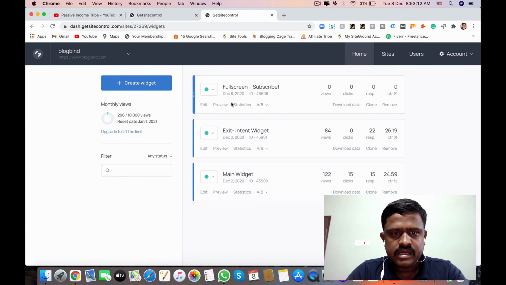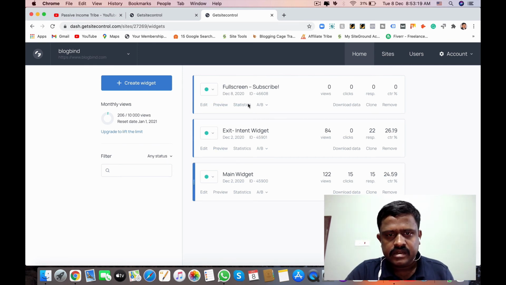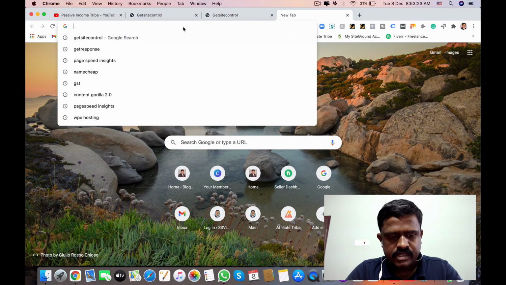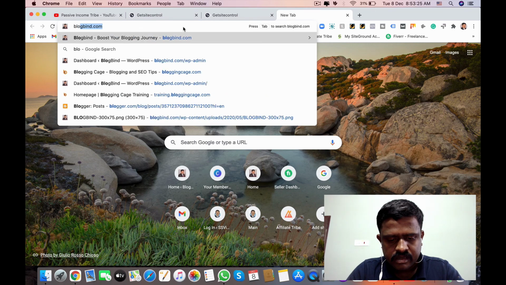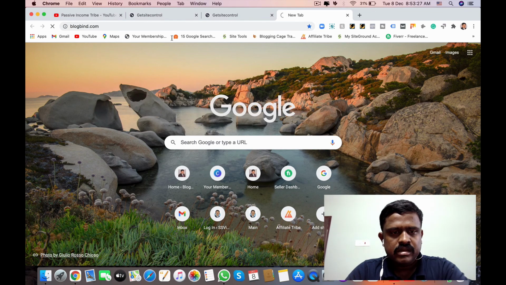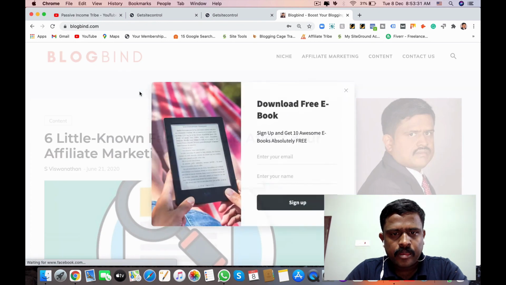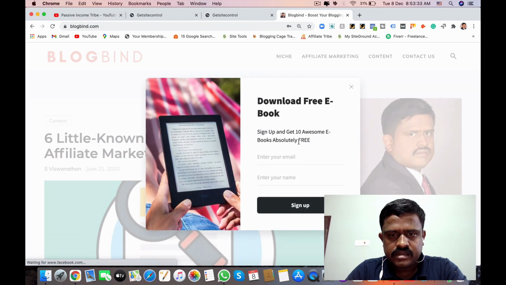Here you can see the widget. Okay, for example, I have created one already, right? If you want to see my website, you can see my website. Like this is the pop-up I have designed, and this pop-up comes automatically.